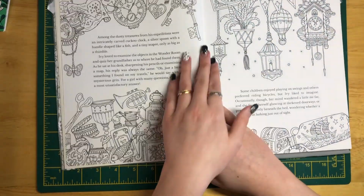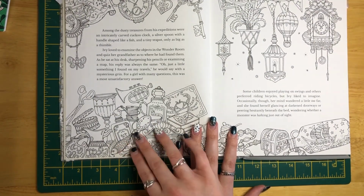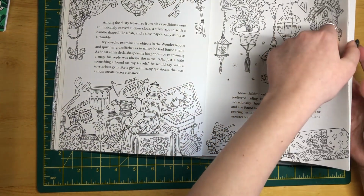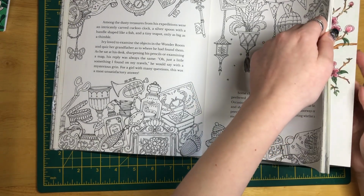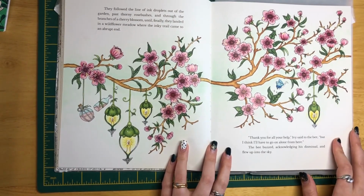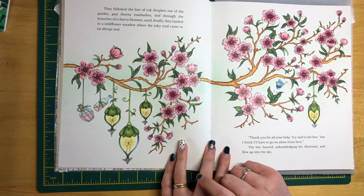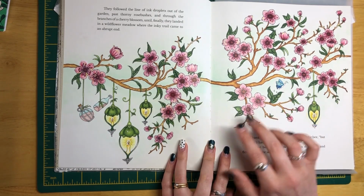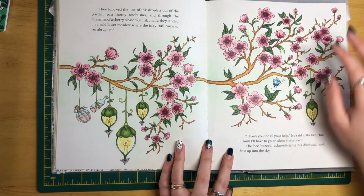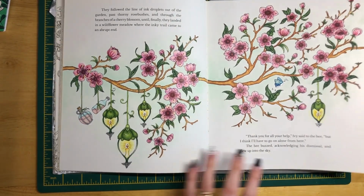And then I got to this one and realised that it's all metals and I got quite intimidated. And then I ended up skipping to, I think there's this page actually. There's a couple more. This is a double page spread that I did. I don't think this is soft pastel in the background. I think it's pencil. It's very, very faint though. I've done a sort of minty green, just where the blossoms are. There's that one, and I've used a bit of metallic here and there. So there's that page,